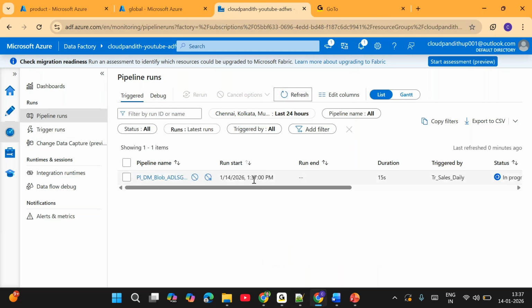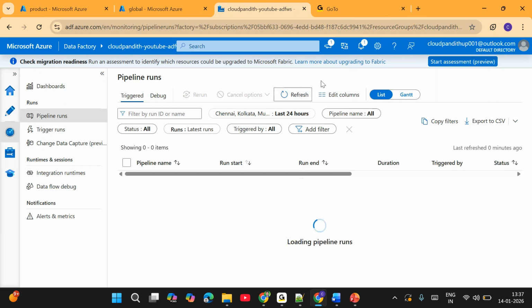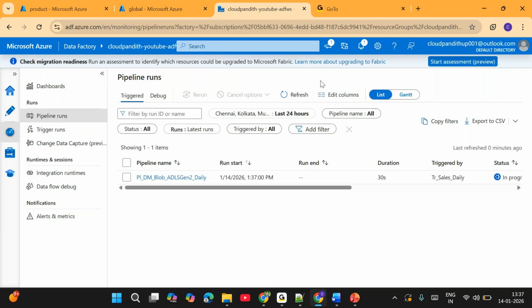So if you see now, at 1 o'clock 37 minutes, it picked up. I think what might have happened is at 1 o'clock 31 minutes, we were having some temporary issue, team. So that is the problem with the design. We also have to understand, in case it is not triggered, why this is